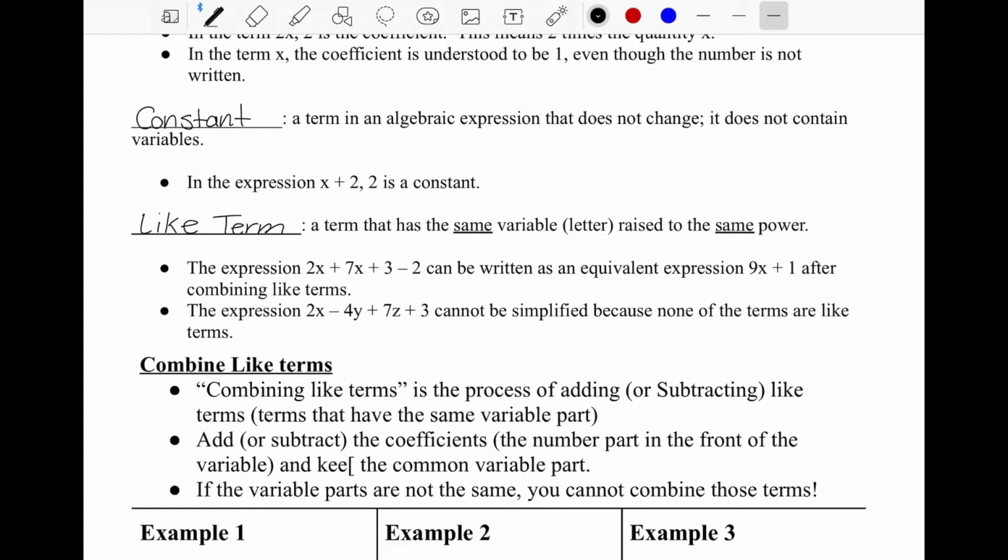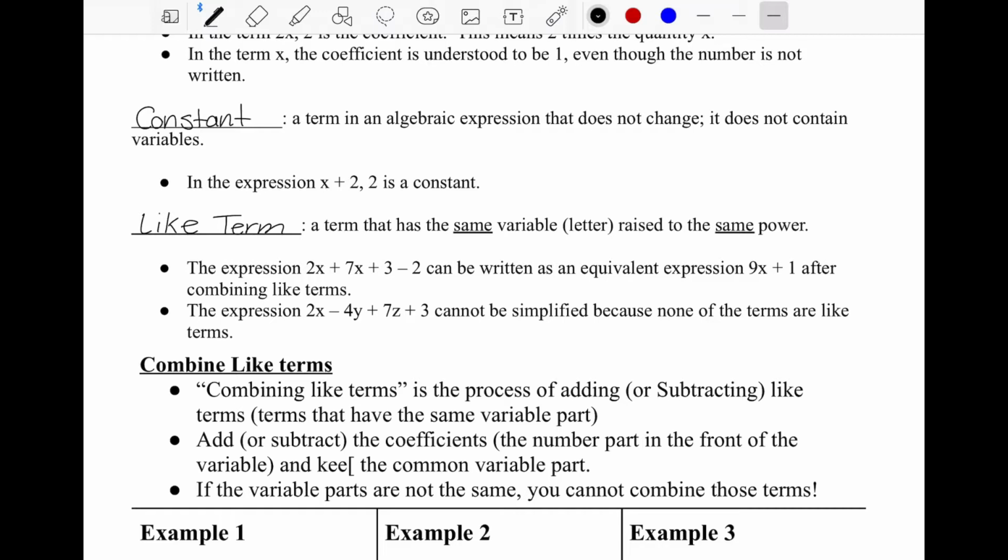What I mean by add and subtract is that you cannot add and subtract the variable. What we're going to be adding or subtracting is the actual coefficient, and that's the number in front of the variable. So we have to know the difference between the variable and the coefficient. When we add and subtract those, we'll keep the variable the same and add and subtract the number in